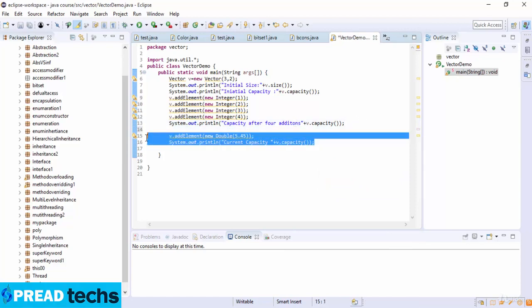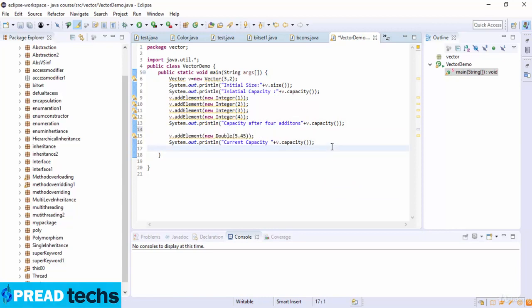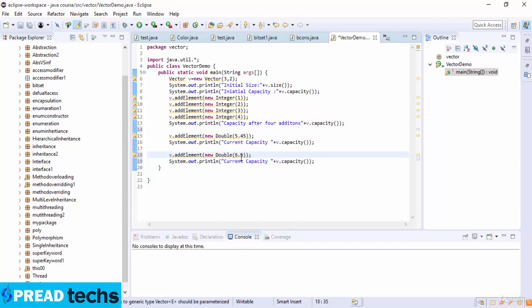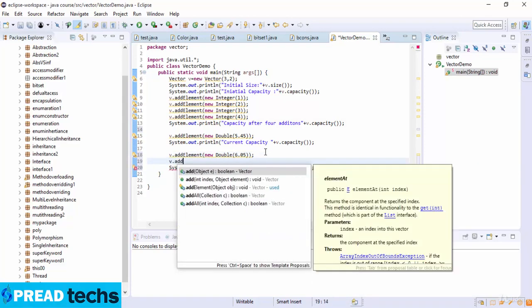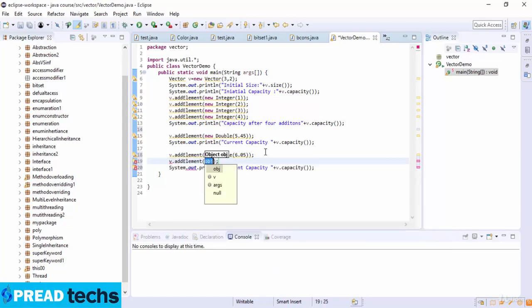Here I copy this code and paste it one time for the double, and then change the value, which is 6.06. And here v.add the element, which is new Integer, and the integer is 7. Okay,